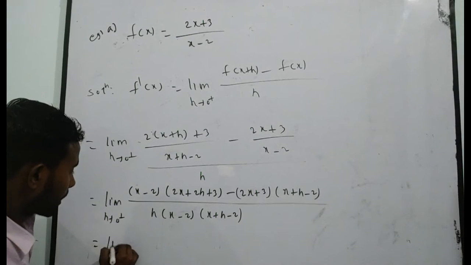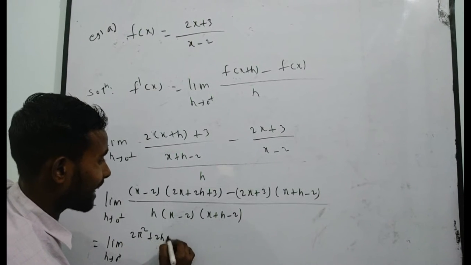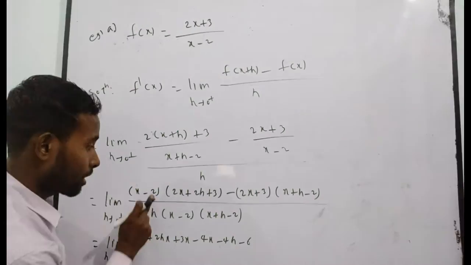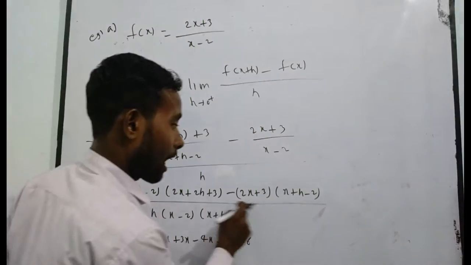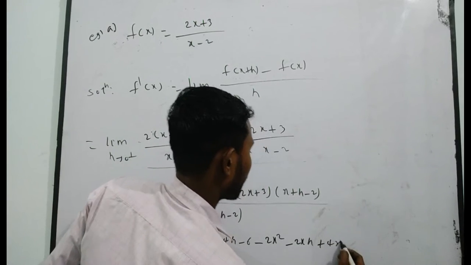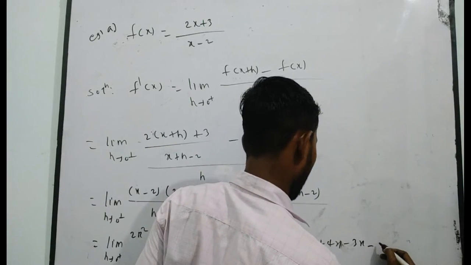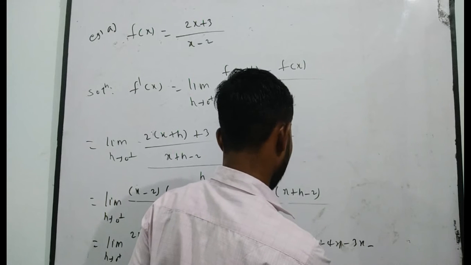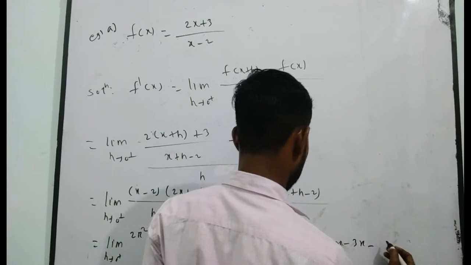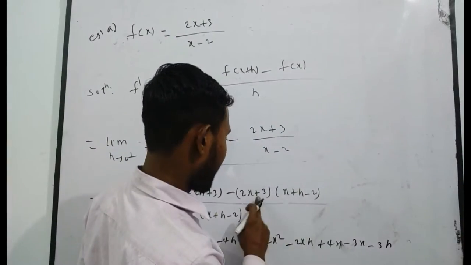That means the manipulation. I want to write directly the limit h tends to 0 from the right-hand side. After multiplication, what do you get? 2x² + 2hx + 3x - 4x - 4h - 6. Now multiply by this one: minus 2x² minus 2xh, minus minus plus 4x, and minus 3x minus 3h, minus minus plus 6